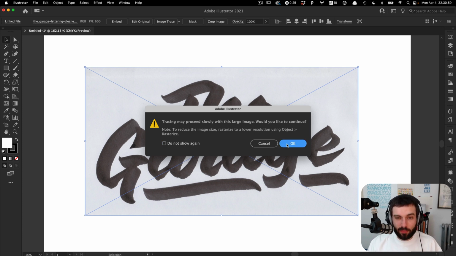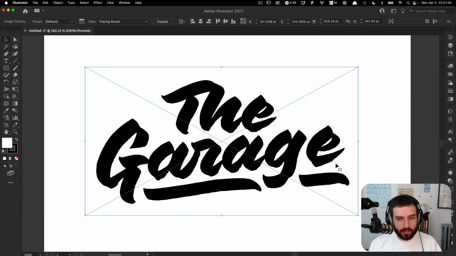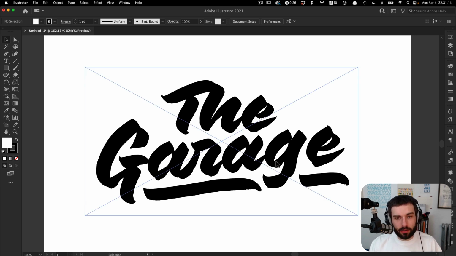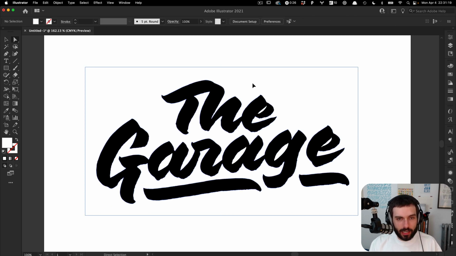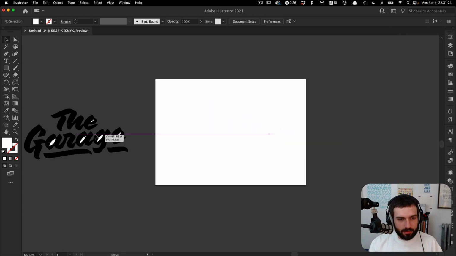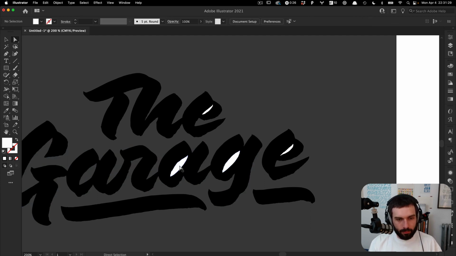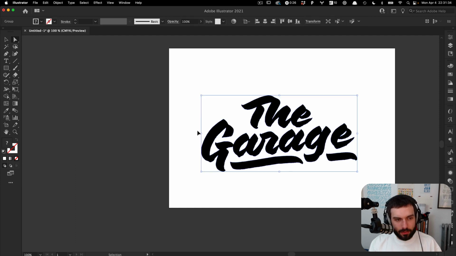A tip is that you probably want to be tracing a large image to make it as detailed as possible. So honestly, this looks pretty good. This might be exactly what you're going for. And if that's the case, then you're basically done. You can say expand this, and now, delete the white shapes, and you might have to move it out here and delete some white shapes here. If you want to, I'm just going to Command Z to undo this a few times,